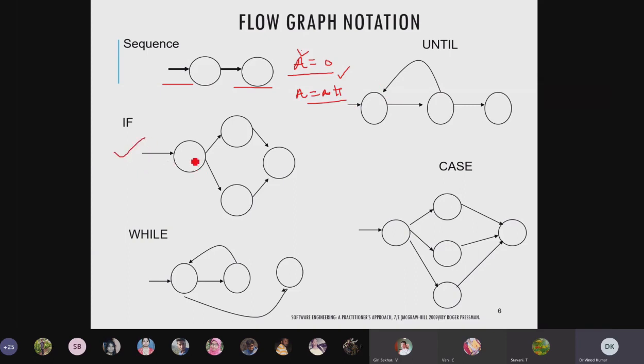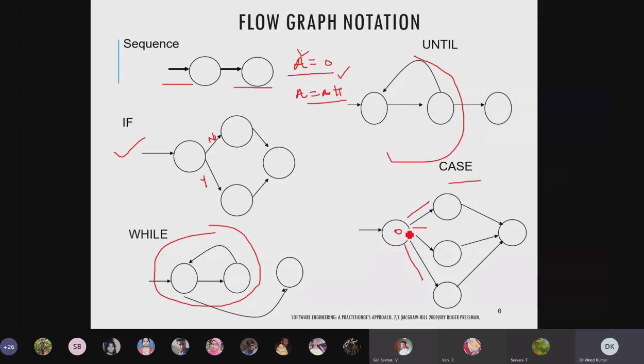If you have conditions, in the condition you will have branching, yes and no. According to that you will move. While is a kind of loop. You will see looping conditions there. You have to check where that loop is starting and what the termination point is. Similarly for this loop also, until next. Then there is the case, in which we have different options at a particular junction. For example, here I have different cases.